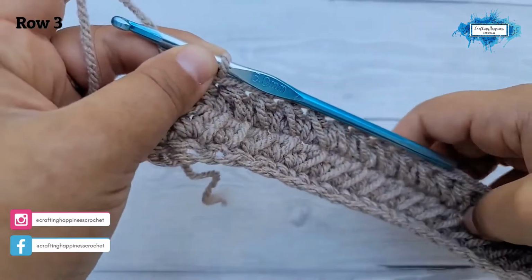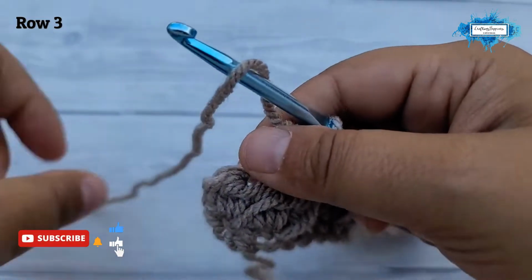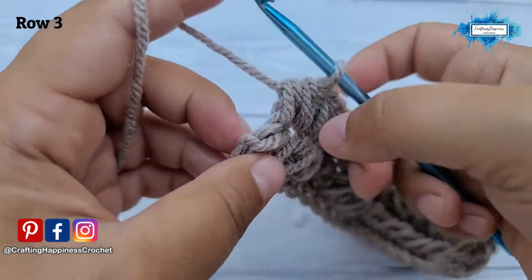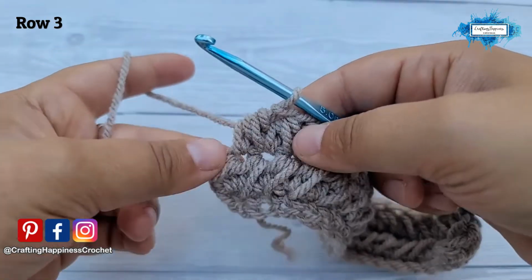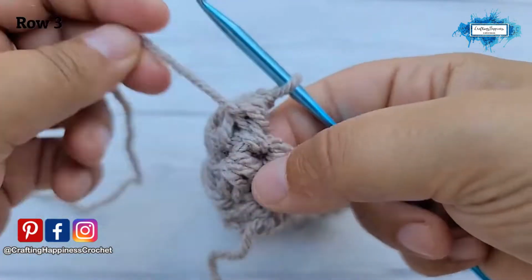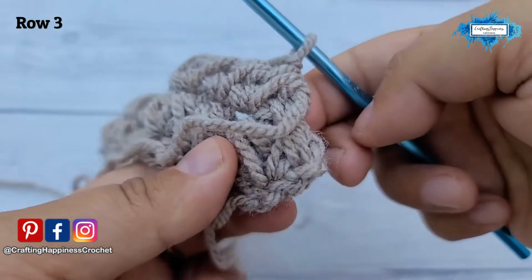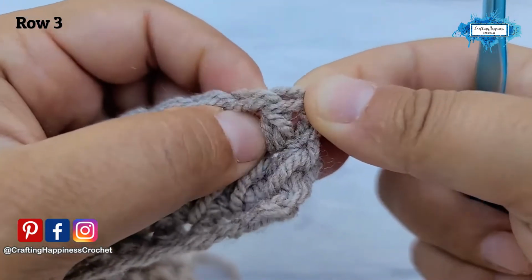Alright, so I'm towards the end. I have a couple of stitches left. I'm just gonna make another knotted half double crochet, and then I just wanted to point out one thing. If you turn, you have one more stitch here. It might look like you're done and you've crocheted into the last stitch, but you actually have one more stitch here, and it's a smaller one because this is the first half double crochet you have made into the row. Just like here at the beginning, your first double crochet,